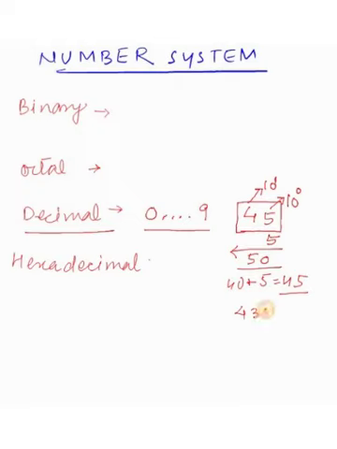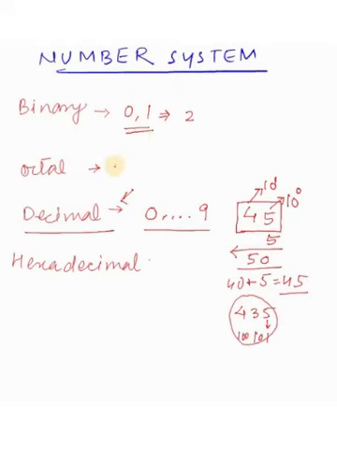If the number is 435, then obviously the places will be 1, 10 and 100. This you have already learnt in mathematics. So this is the base of the decimal number system that is used by us human beings. Now I'm starting with the next, that is the binary number system. It is used by computers majorly, and it has only two digits, that is 0 and 1. So what is the base of this number system? 2, since it has two digits only. So you can assume that everything done within the computer is done with the help of these two digits only.